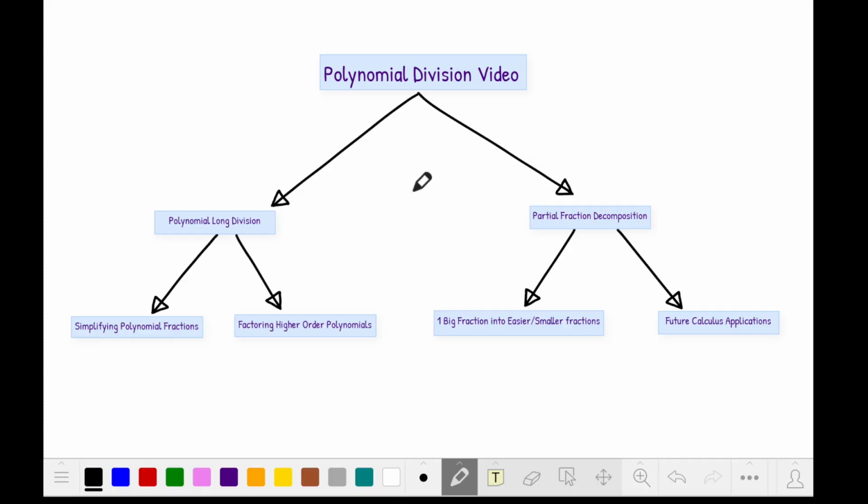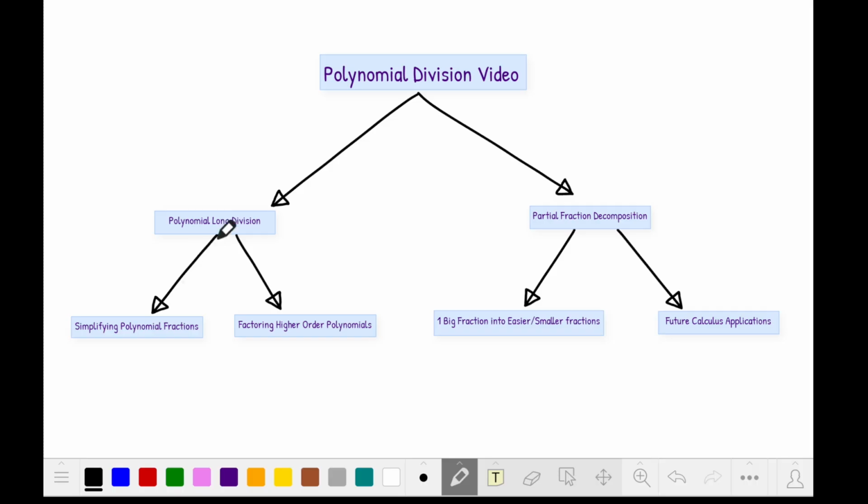In the advanced algebra video, we covered how we could factorize the top polynomial in order to simplify by hopefully canceling out the bottom term of the fraction. But not all fractions play nice. Some of them will be resistant. You might have the top be hard to factorize, or it might be that the bottom just doesn't get canceled out. So what do? Well, in today's video, we're going to figure out polynomial long division,